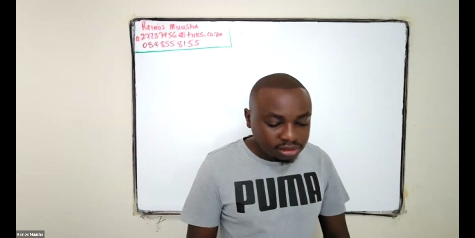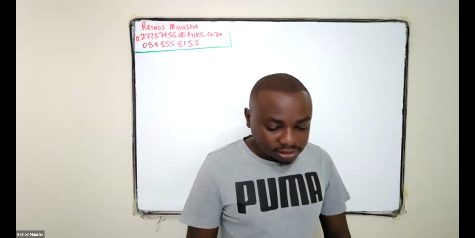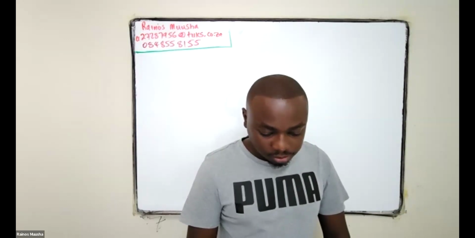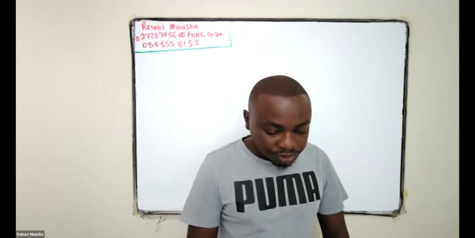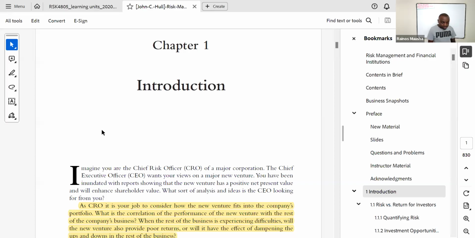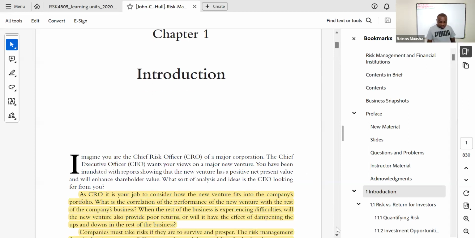Now, remember we said for learning unit 1, we need to look at chapter 1 of the textbook. And chapter 1 of the textbook basically gives us an introduction to market risk. And here they say,